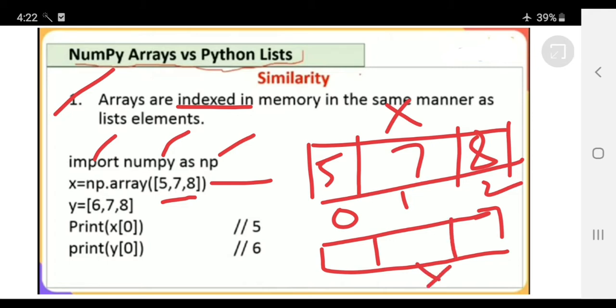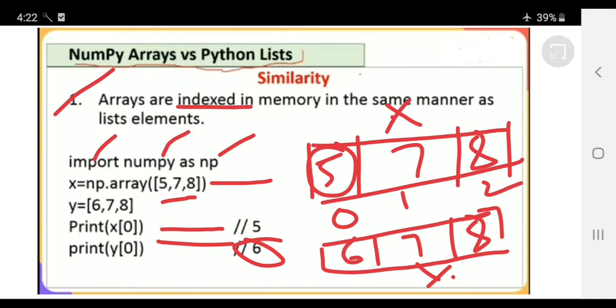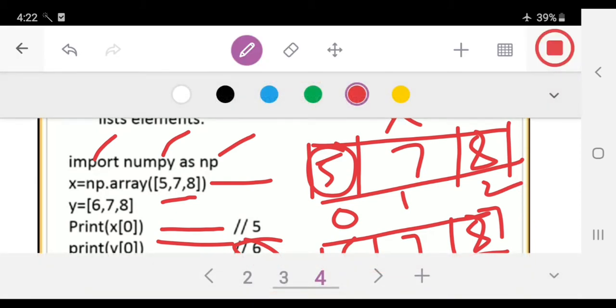It also has values 6 7 8. So 0 is the first index, then index 1 and index 2. X of 0 is 5 and y of 0 is 6. So indexing is similar in both cases, NumPy array and Python list. That is the similarity. We'll go with the next one, the differences.